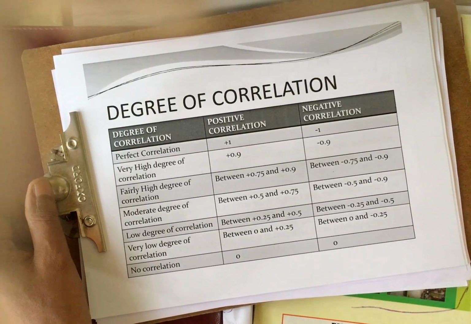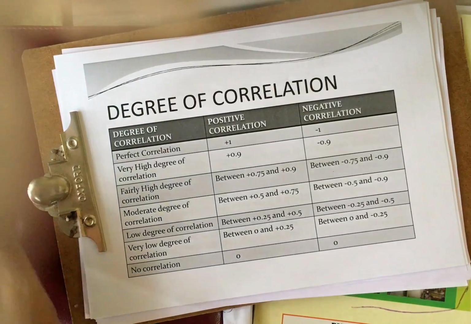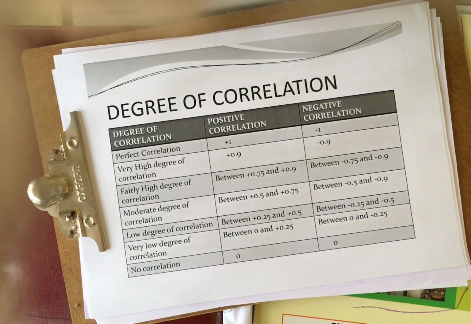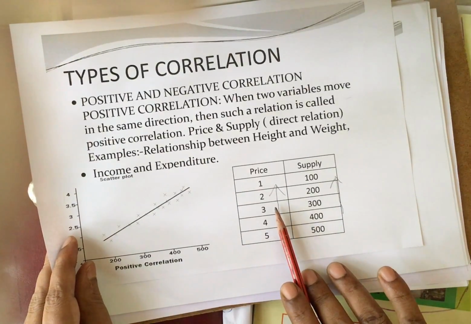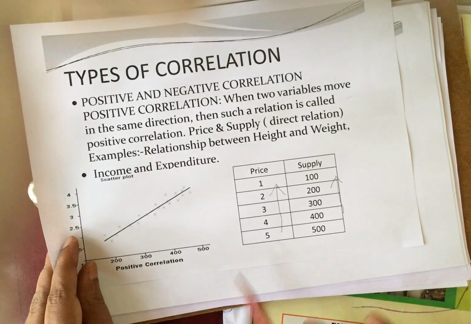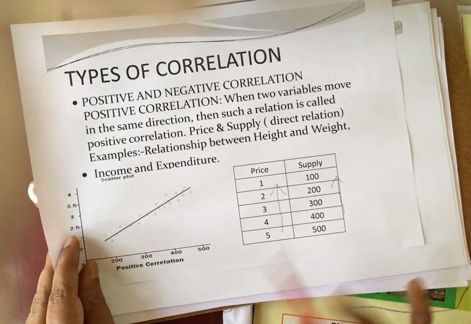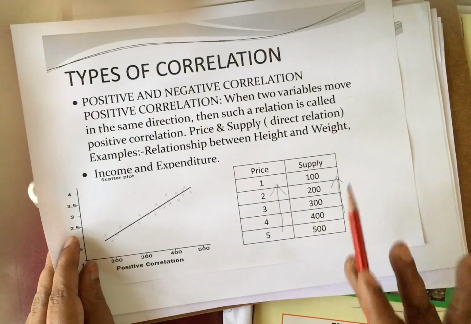So generally, if the change in both X and Y is in a constant ratio, the answer will come +1. That is in the previous example which I showed you, the supply. So their answer will come exactly, I think here also you will get 1. So changes are there, here also changes are there, but in constant ratio. So if you calculate the correlation here, exactly 1 will come. This is called perfect and also positive. Why perfect? It is a 1, that's why.